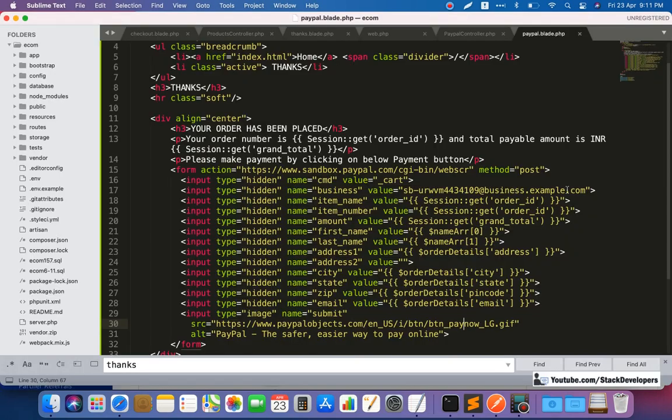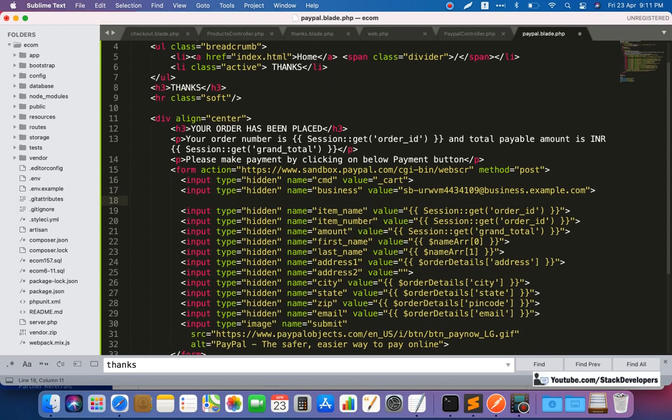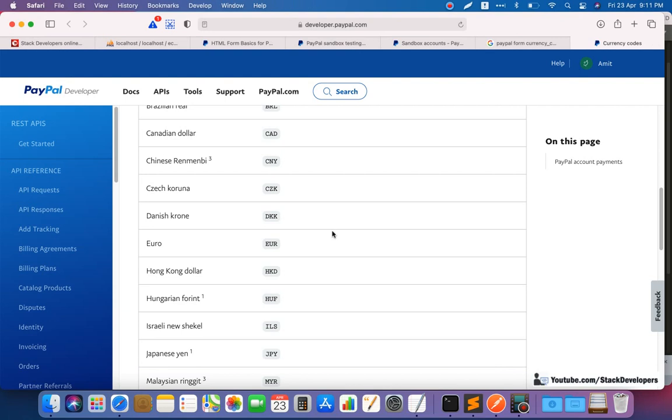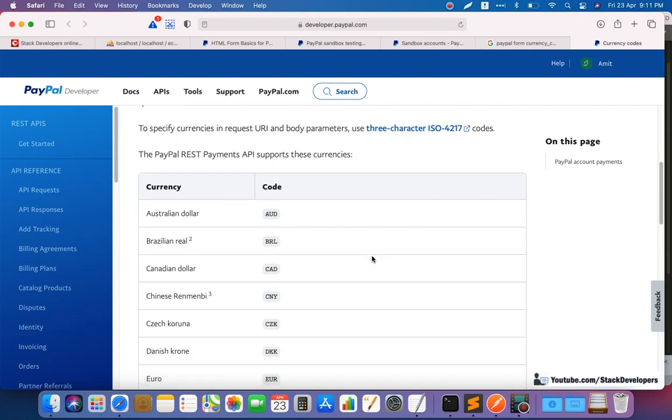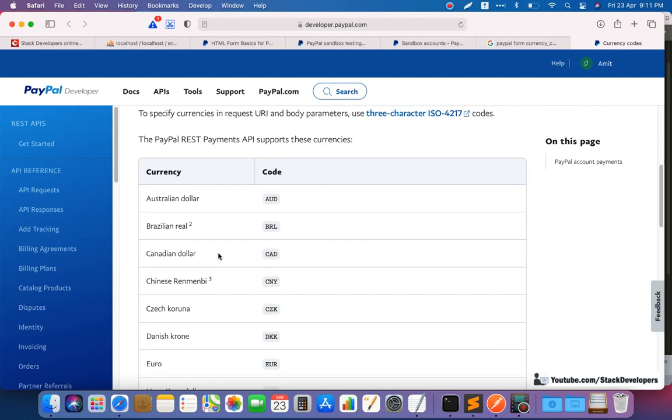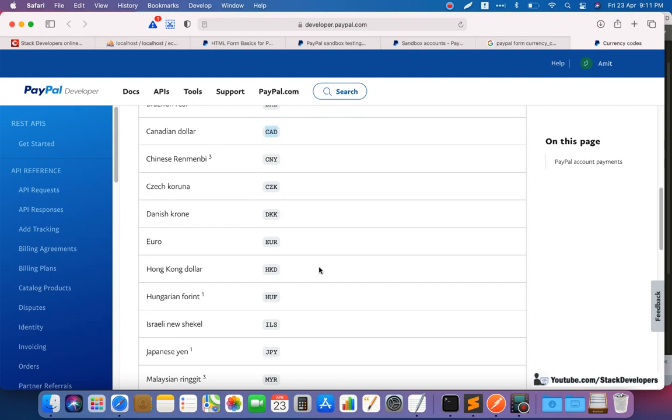So there is one field I'm going to add after here. I'm going to add this one field that we require, and that also we will keep it hidden, and its name is currency code. Okay, currency code, this field is also required. So we are going to make its value INR, as I am from India, so I will add the INR, but you can add the USD if you are from United States, and if you are from Canada, then you can add CAD. Okay, you can add your own country.